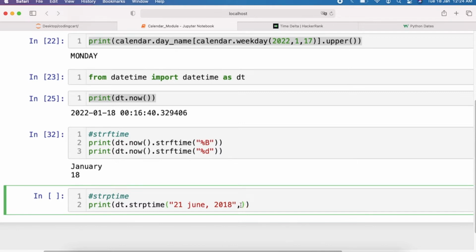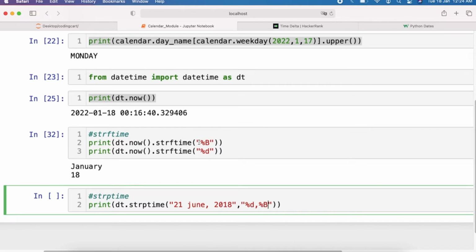And now we want to convert the format, so we have to give it in string. Suppose the format is %d for getting the date. Now this is June, which is the month name in full version, so for this one we have to use %B.